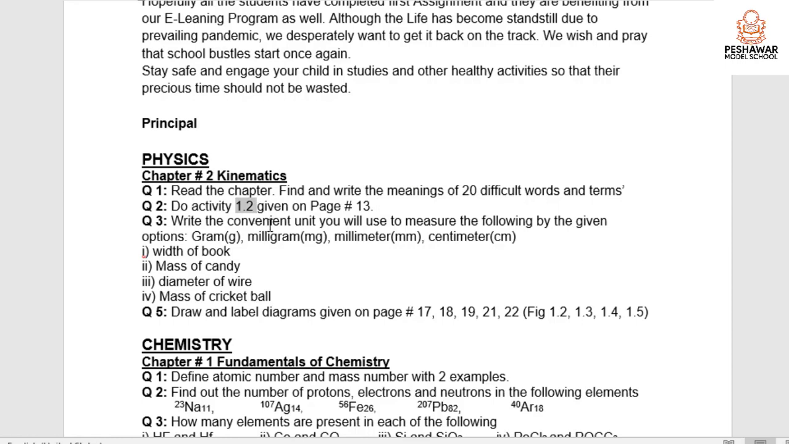Question number 3 is write the convenient unit you will use to measure the following given options. The options are given like gram, milligram, millimeter and centimeter, and you have to write the convenient unit. For example, how will you measure the width of the book? Whether it will be measured in gram, milligram, millimeter, or centimeter, you have to find it out. Like the mass of candy, diameter of wire, mass of cricket ball. Now, question number 5 is draw and label diagrams given on page number 17, 18, 19, 21, 22. On these pages, you have to draw a diagram of these figures, figure 1.2, 1.3, 1.4,